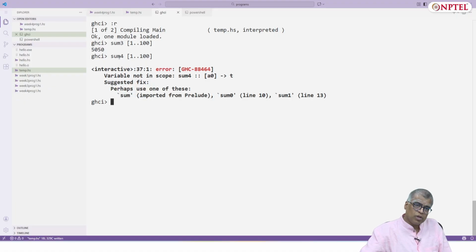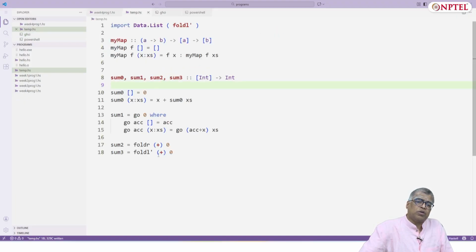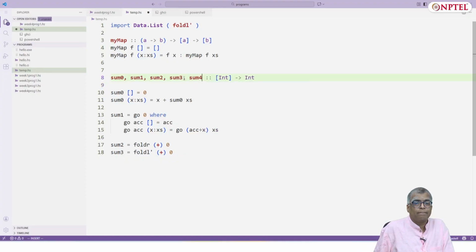Okay, sum4 is not available, sum2 is available, sum0 to sum3 is what I have called all my functions. Actually, let me go and provide a sum4 which is nothing but just foldl, okay, rather than foldl'. Actually, let me switch it around. Sum4 is foldl', sum3 is foldl.